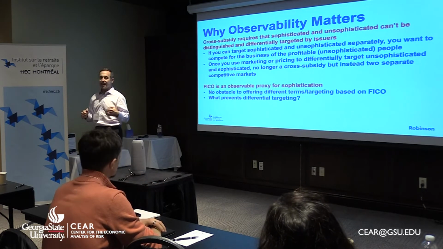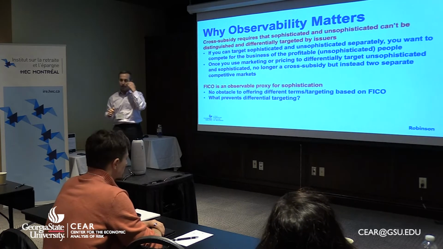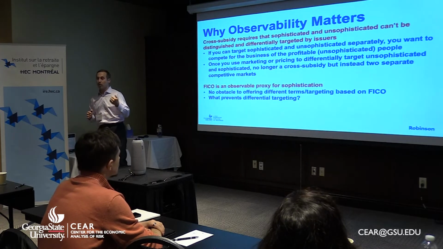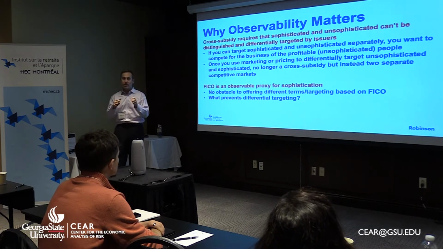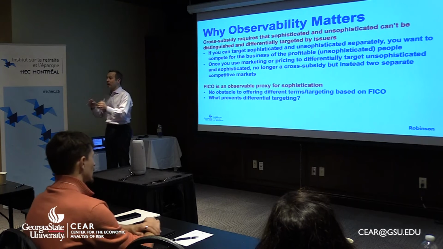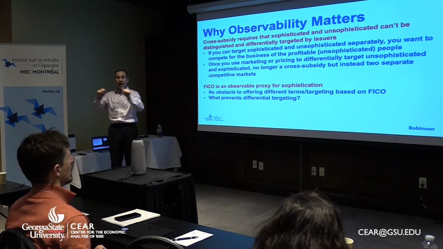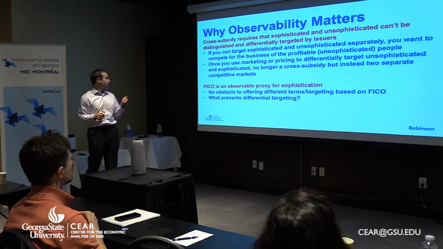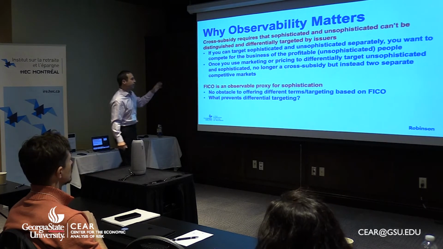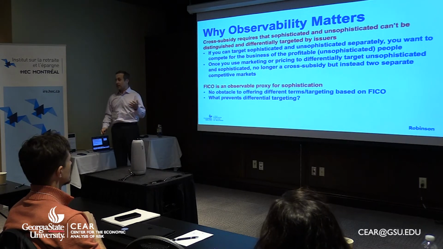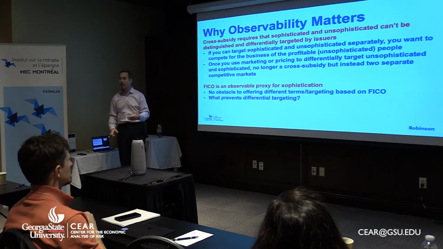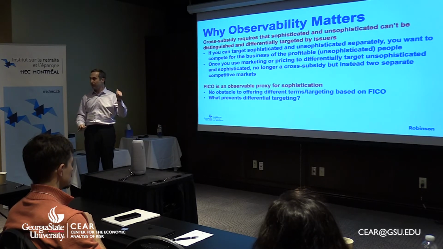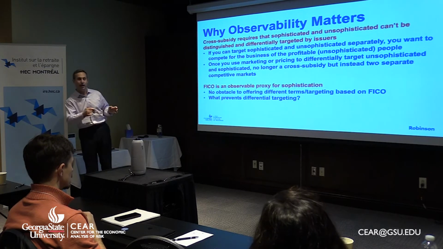So the question is, is sophistication, or whatever proxy you're using for it, an unobservable or an observable attribute? And how would it matter if it were observable? Well, if it's observable, you design one product for the sophisticated, you design another product for the unsophisticated, and we're going to see competitive markets in the two products separately. So the thing I want to flag here is that FICO is, and furthermore, use history, like are you a frequent user historically, these are observable features of your data, and we should expect separate competitive markets for high FICO guys and low FICO guys.